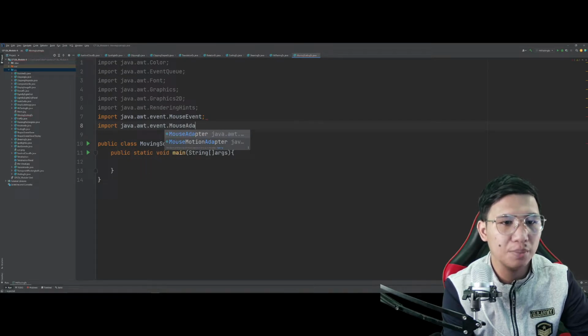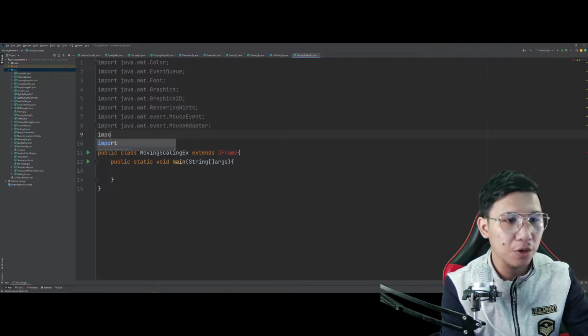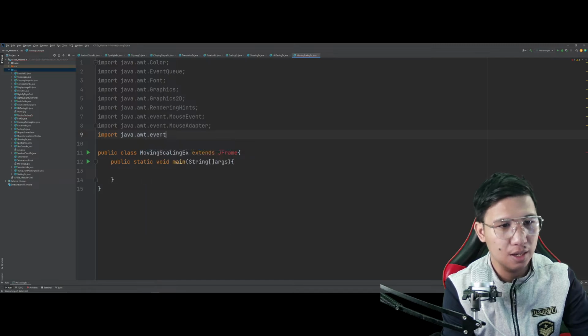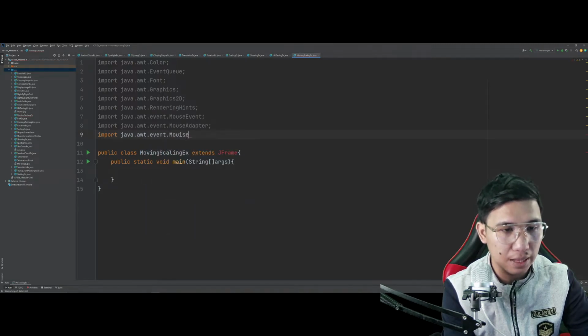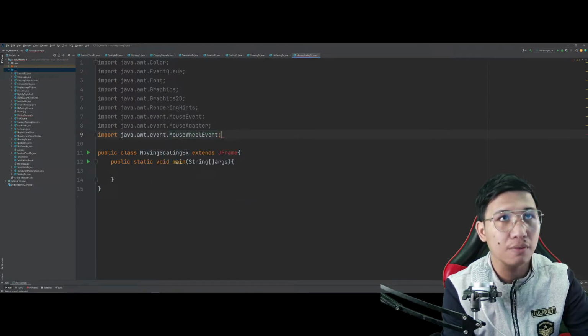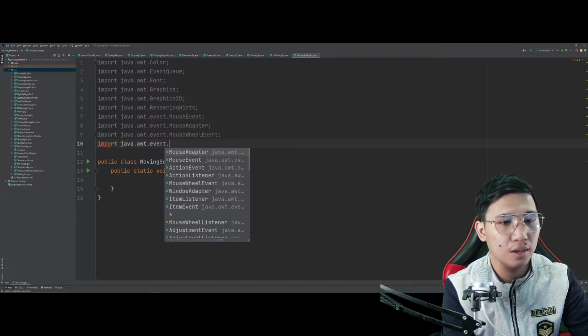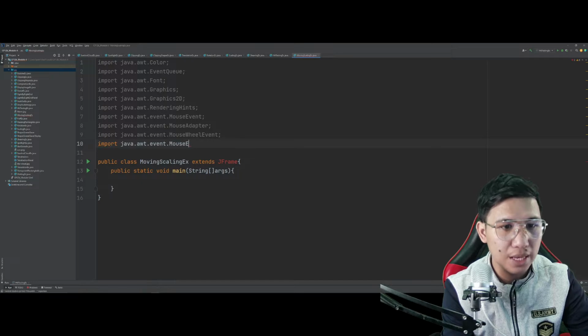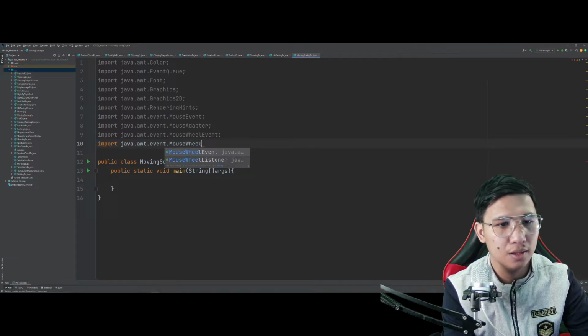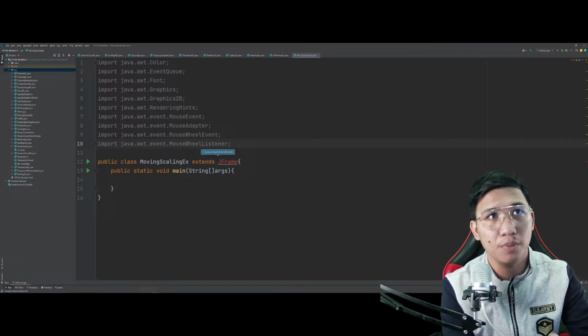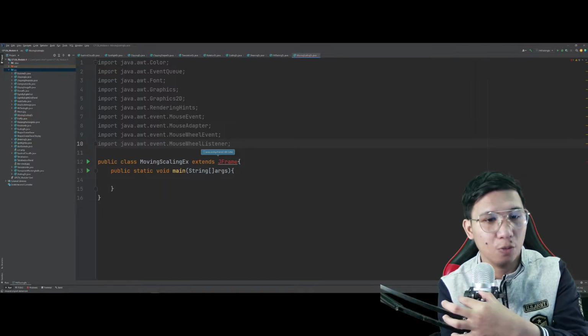We have the MouseAdapter. Tapos, meron din kasi tayong tinatawag na another event, which is MouseWheelEvent, and MouseWheelListener. We will try to implement them one by one later on para makita natin kung paano sila totally